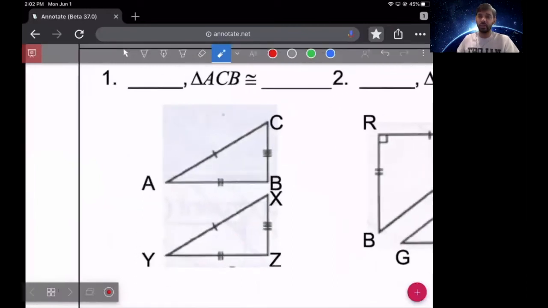Is it side, side, side, or is it side angle side? So if I look at this first example, I notice that all three sides are labeled, all three sides are labeled. This is going to be side, side, side. And now I need to write